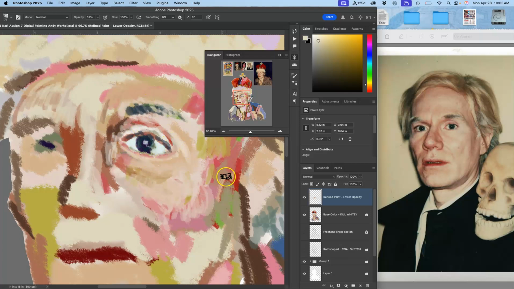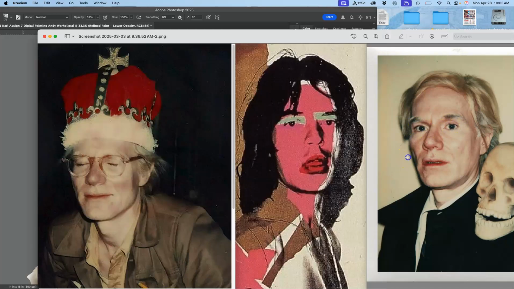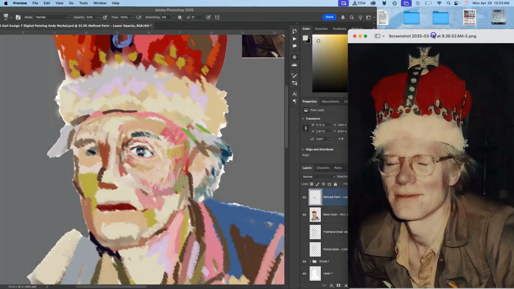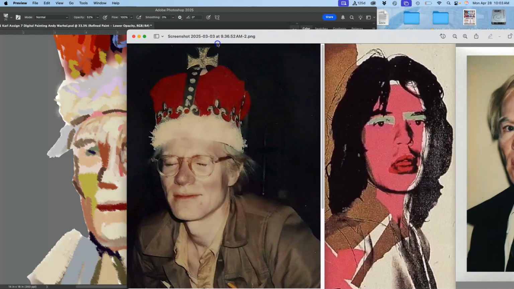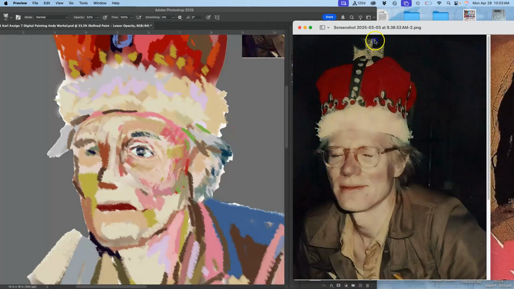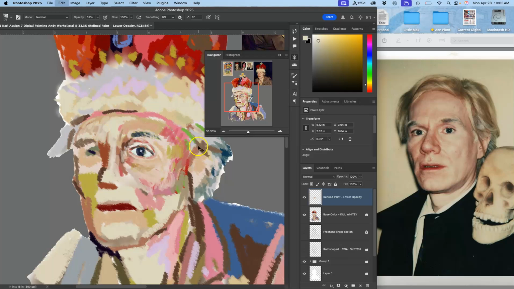Okay, now this is where digital painting is pretty different than traditional. At any point, I can just change things, right? So I'm noticing this is my portrait, and I'm noticing that I have the eye angled down this way, and I see in the reference of his eyes here that it's angled up this way. But remember, I'm looking at this reference, where his eye is a little bit angled down, but maybe not angled down quite so much. So, what can I do? I can, because it's digital painting,